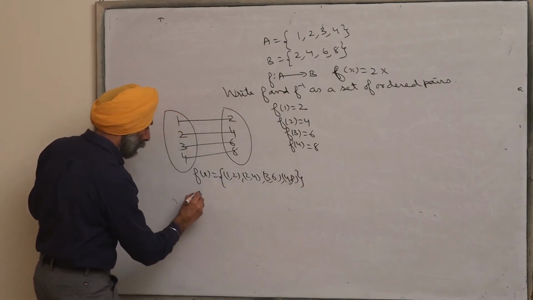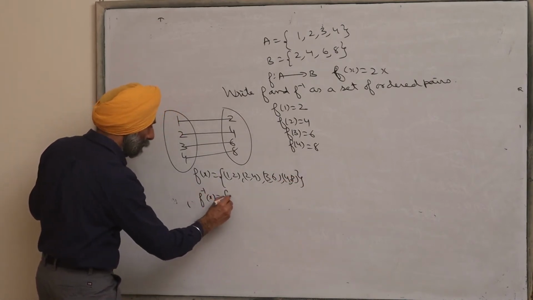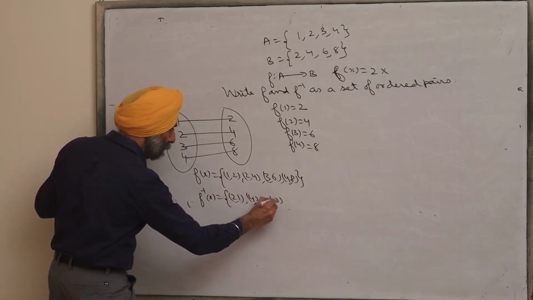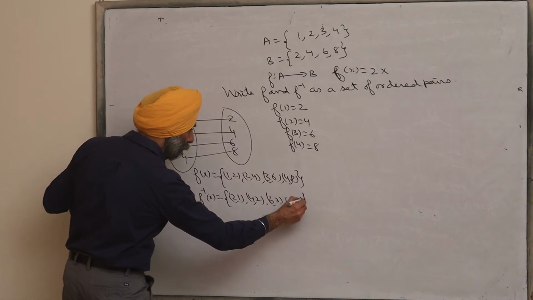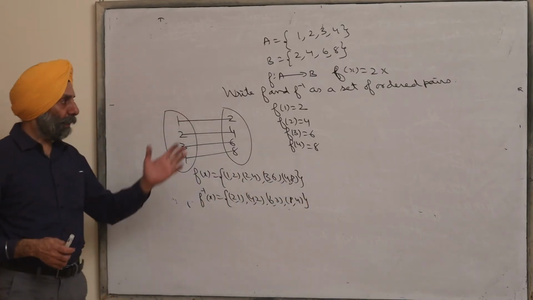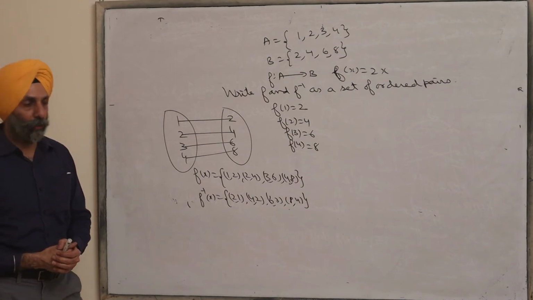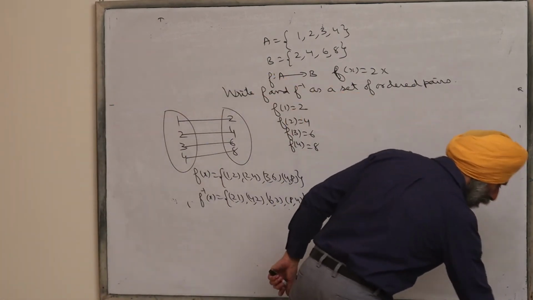If I have to write down f inverse of x as a set of ordered pairs, it is (2,1), it is (4,2), it is (6,3) and it is (8,4). So this way you can write down f and f inverse as a set of ordered pairs. Now next is